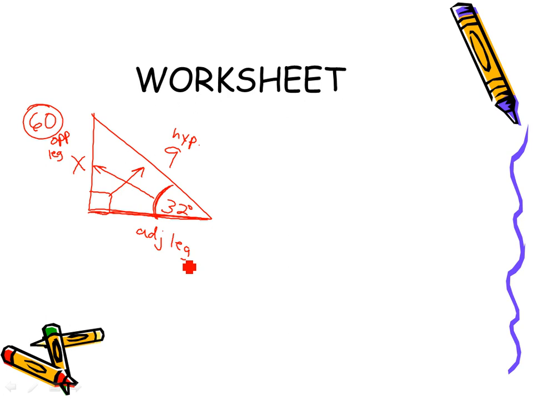Now, anytime you're setting up one of these trig equations, when you're using one of the trig ratios in an equation, what you have to do is make a decision on what parts you care about. Well, here we know the hypotenuse and we're looking for the opposite leg, so we probably care about those two. The adjacent leg, we don't have to find it, and they didn't tell us what it was, so we probably don't care about it. So we're dealing with opposite leg and hypotenuse, and that's where we go back to our